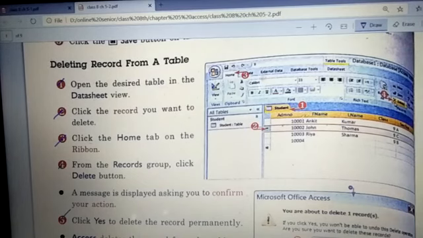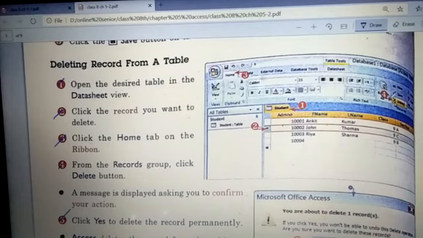And don't forget the diagram, children. You need to make this diagram specifically where you want to show the step. Like step 1 is shown, you have to make this. Okay. Step 2, show this record. Step 3, Home tab you can show. I'm not telling you to make all these internal things. If you can, well and good. If you can't, it's okay. But at least show the Home tab.